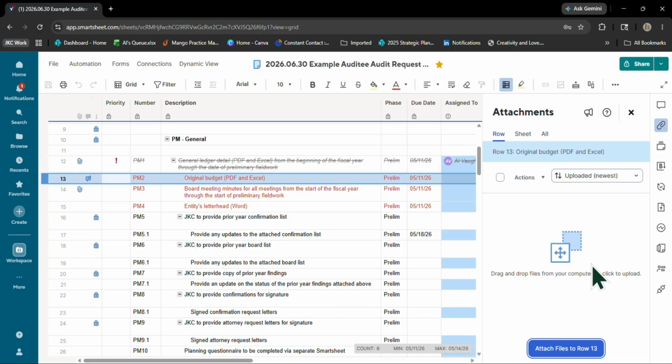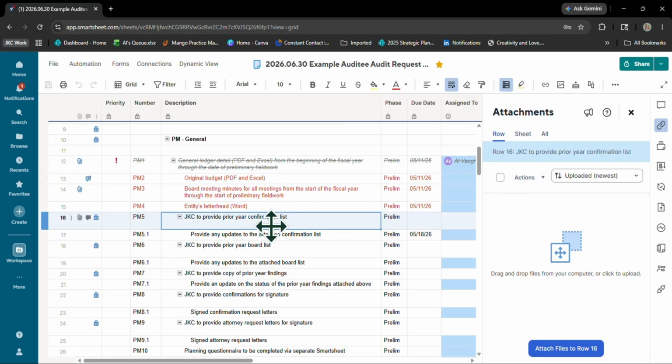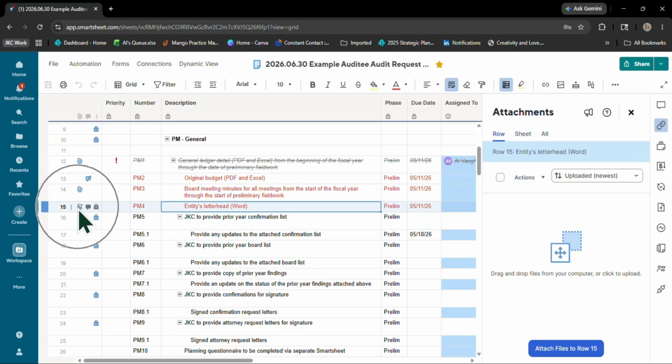You can just simply drag and drop from your computer, as simple as that. You can then attach the file directly to row 13, or row 16, whatever row you need. So definitely make sure that the file you are attaching is with the correct line